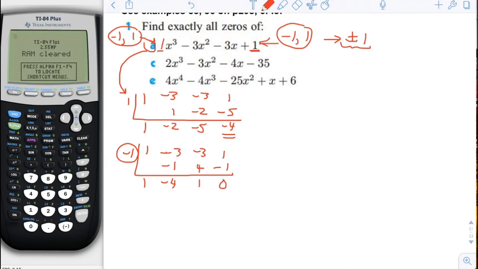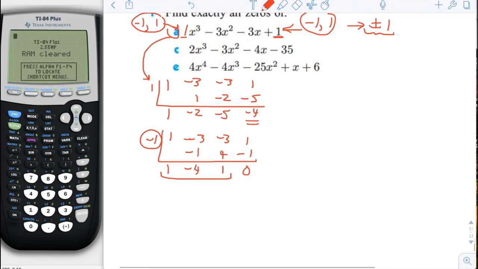Now we're going to try and find the other factors, and the way we can do that is we can take what's left over from the synthetic division, and say that that is the quadratic remaining after we divide by the factor x minus -1, which is x plus 1, right? So one of the factors is x plus 1. What's left is x squared minus 4x plus 1. And if we do the discriminant on this, b squared, which is -4 squared, minus 4 times 1 times 1, we get 16 minus 4, which is